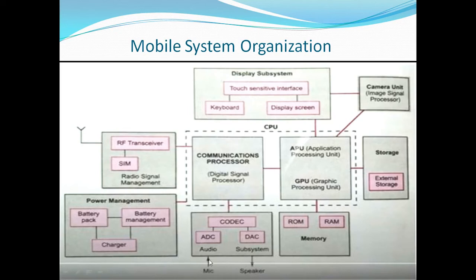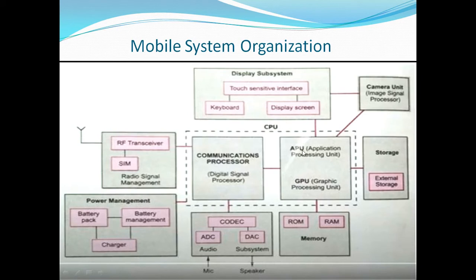The analog signal, when you are recording, the voice is coming through the microphone. So what is happening? The analog signals, which are traveling through the wired or wireless medium, go through the microphone and get stored in your phone. So analog signals are converted into digital, done by ADC. Similarly, for speakers, we have DAC, where the digital signals are converted into analog. So this communication processing unit is connected to radio signal management and codec.